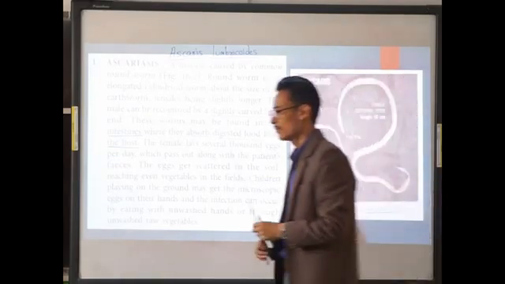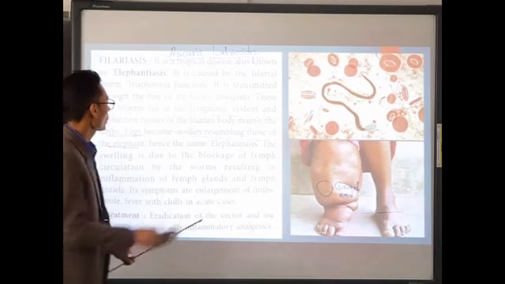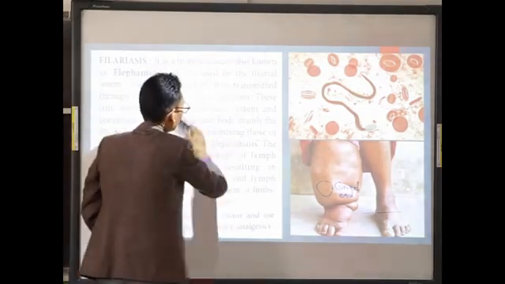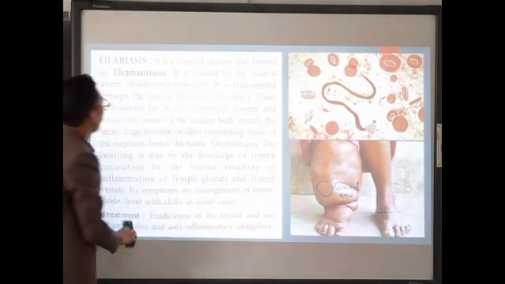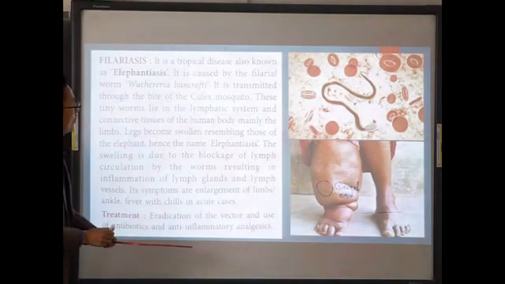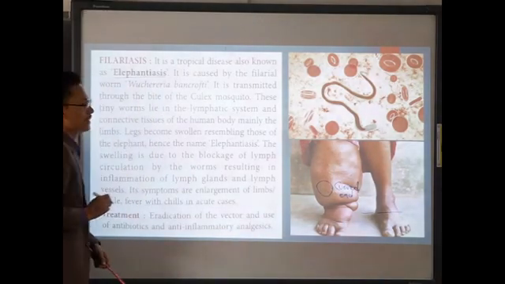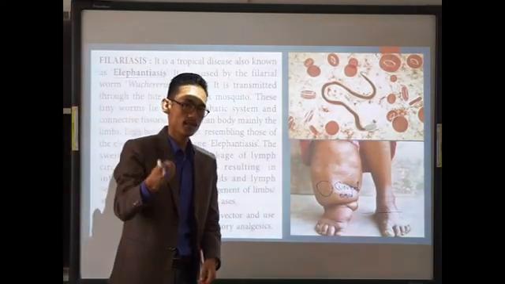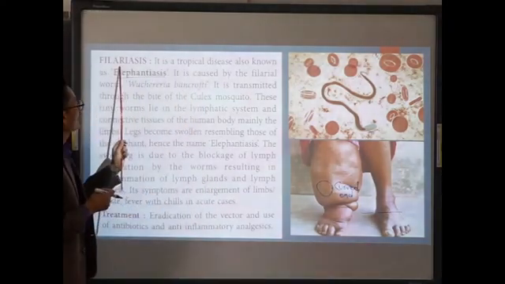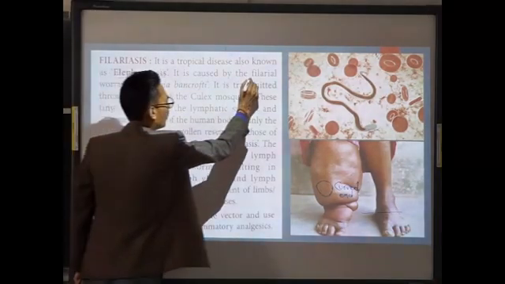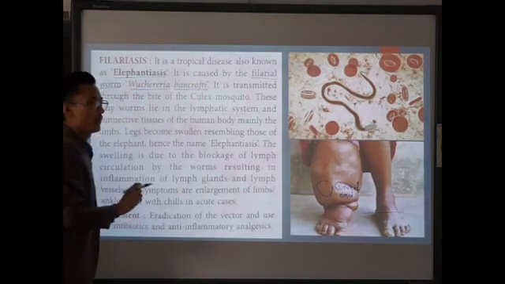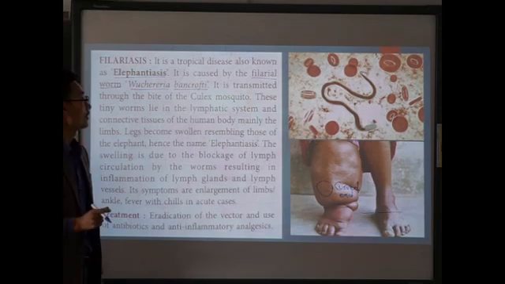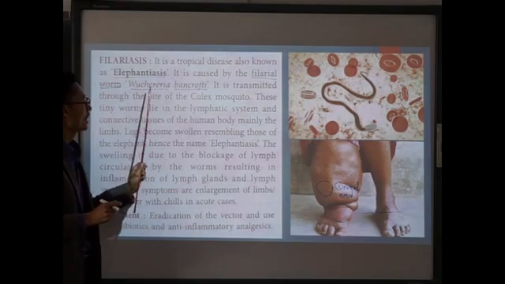Can we go through it? Okay. The next one we'll talk about is filariasis. The second disease is caused by parasitic worms. Filariasis is also called elephantiasis. We'll go through it. Why do we call it elephantiasis also? So the name suggests. Filariasis is caused by a filarial worm, Wuchereria bancrofti. Can you remember the causative agent of filariasis? It is caused by a filarial worm called Wuchereria bancrofti.